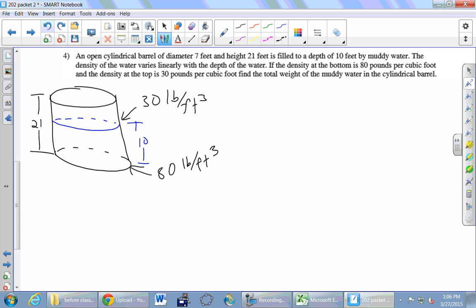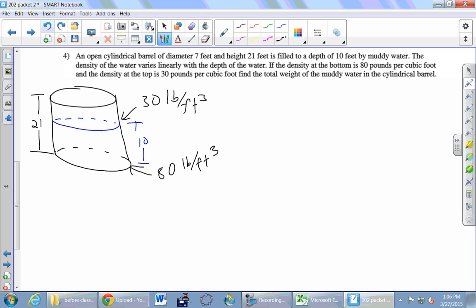All right, so what we're interested in is finding the mass of all of this stuff. Unfortunately, you can't just do the volume of the water times a number because there is no constant density in this barrel, right? It changes. But what we're going to do is slice the water here in such a way that the slabs of water that we create have essentially the same density as each other, just a constant density. There's two kind of natural ways to slice.